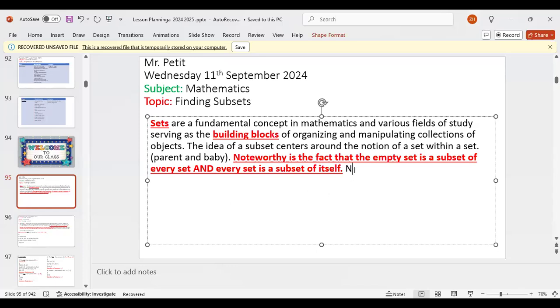The empty set doesn't have anything in it. I think it makes sense too, because I mean every set would have started out empty. So it does make sense to you.